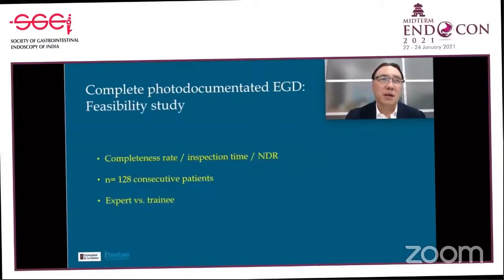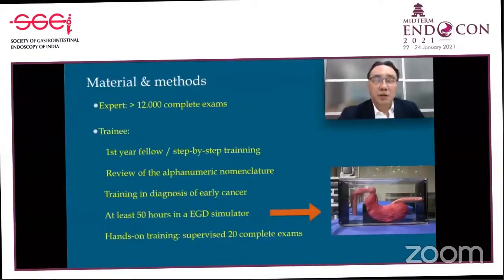So we conducted a feasibility study here in our unit in Bogota, Colombia, and evaluated completeness rate, the inspection time, and the NDR, which stands for neoplasia detection rate, in 128 consecutive patients, and we evaluated differences between expert and trainees. Participating endoscopists were an expert with more than 12,000 complete EGDs, photodocumented, and the trainees were first-year fellows that underwent step-by-step training, comprising a review of the alphanumeric nomenclature, training